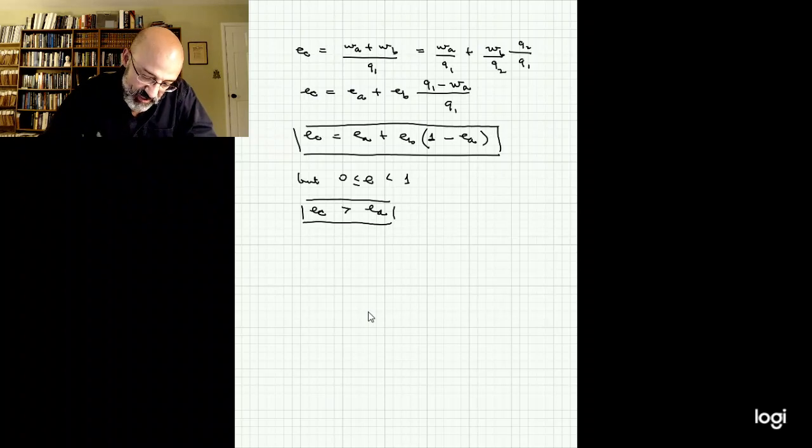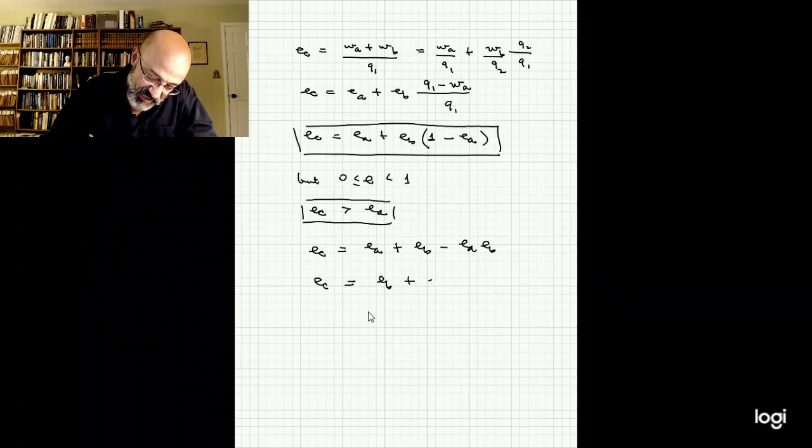In the same way, notice that this expression here, EA plus EB minus EA EB, can also be rearranged as EB plus EA, 1 minus EB. For the same argument then,